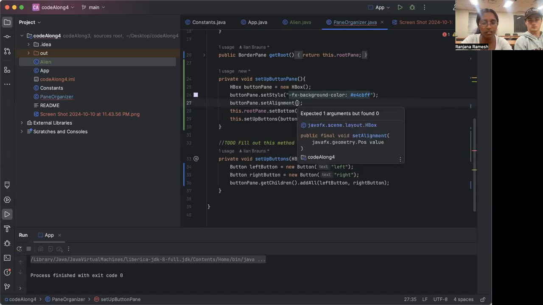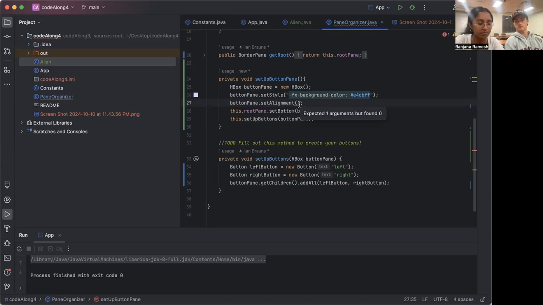Well, I'm just going to hover over this and see what argument it's expecting. The set alignment method is supposed to take in a JavaFX geometry Pos value. If I click that, it says a position is a type of enum. We'll learn what an enum is later, but in the meantime, when you're doing cartoon, there's going to be a ton of things that you just don't know what they are. You might not have come across them before, but you can still totally use them in your cartoon. Just Google and go to Java docs and other online resources. Just find out how do I use a Pos enum for